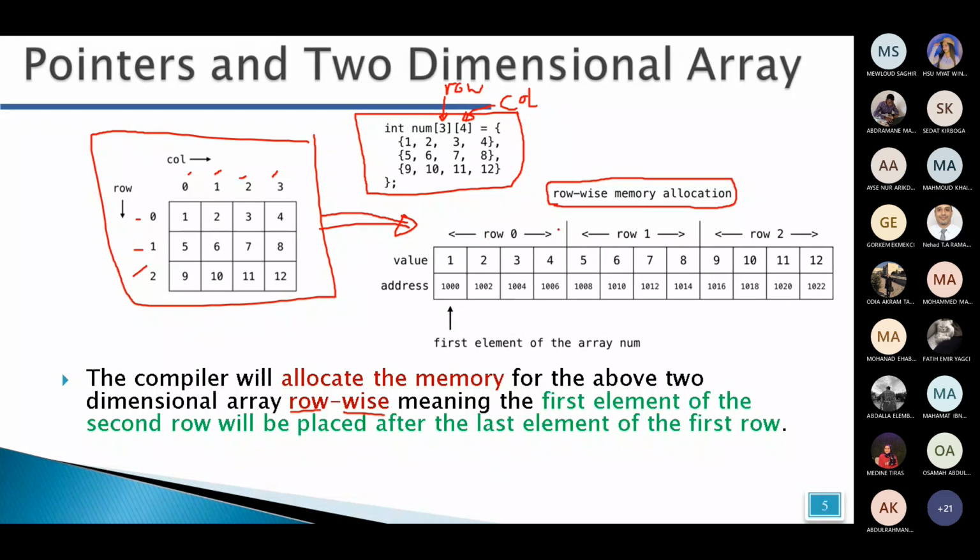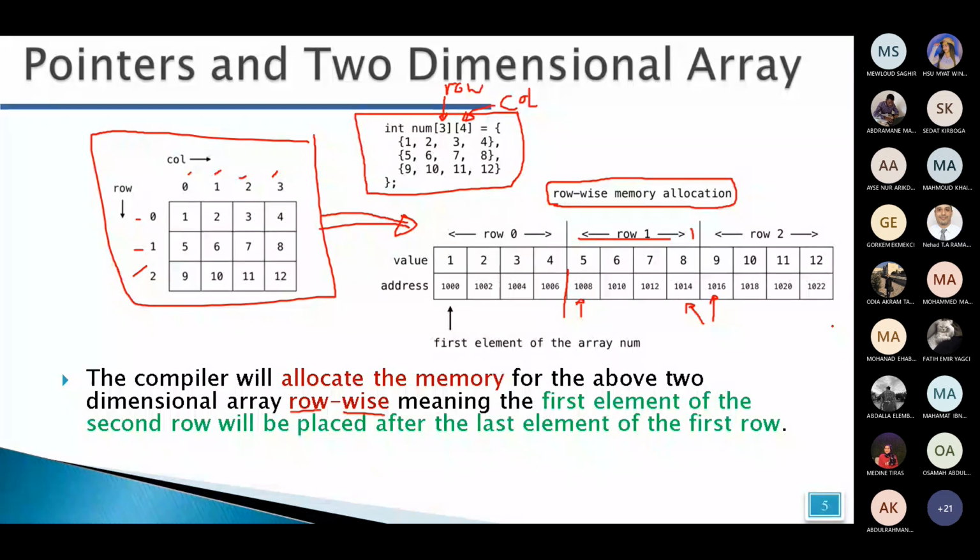First row, then after reaching the last element of the first row, the first element in the second row comes directly in the memory. Then after finishing, first row, row index 2, second row, the first element in the second row comes directly after the last element in the first row,